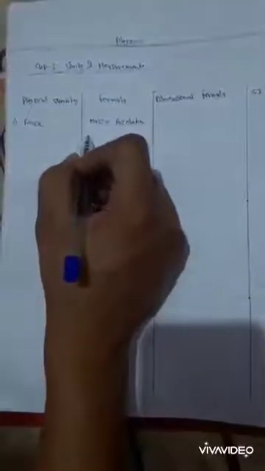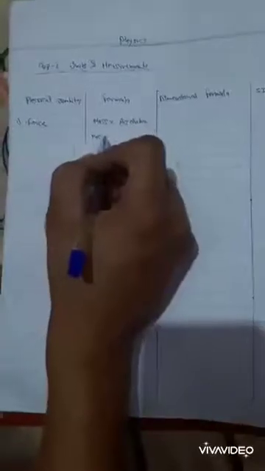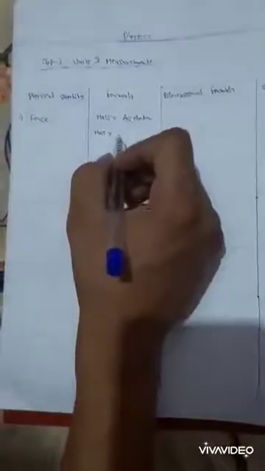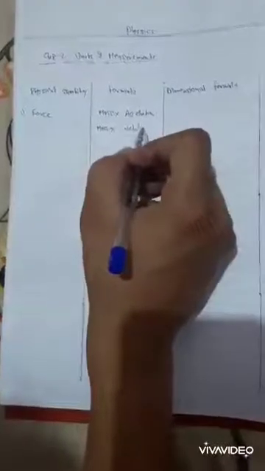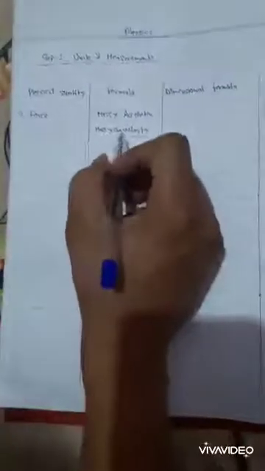So we are taking today the first quantity once again, that is force. The formula of force is mass into acceleration. I am telling you about force once again with a different method. So if you don't remember the dimensional formula of acceleration, we can even break acceleration. So the formula of acceleration is change in velocity upon total time taken.